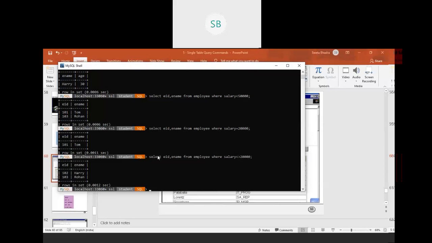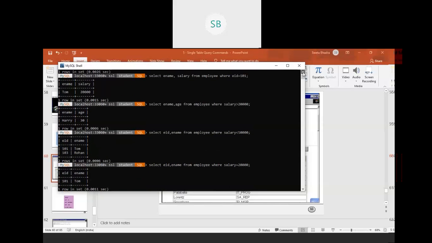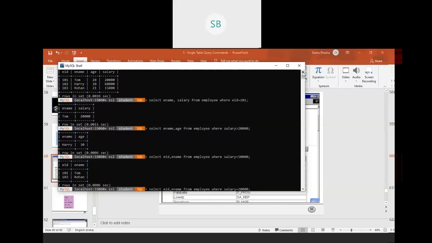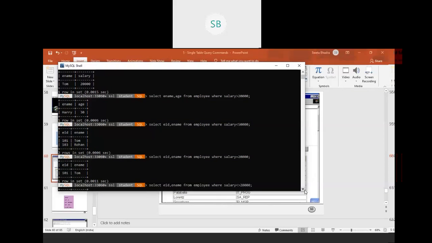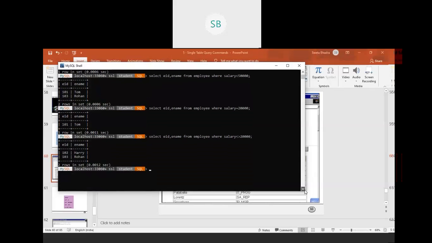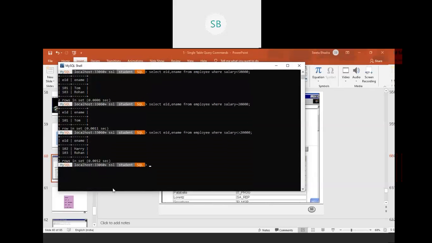So salary not equal to 20,000 is 102 Harry and 103 Rohan. Is it? Let me check. Yeah, because Harry has a salary of 60,000 and Rohan has a salary of 50,000, which is not equal to 20,000.